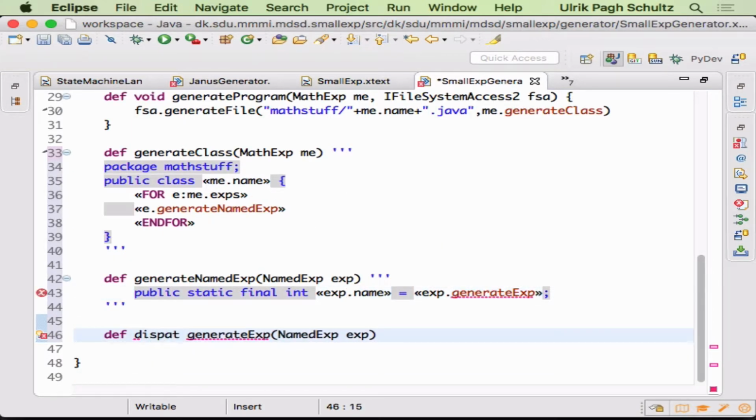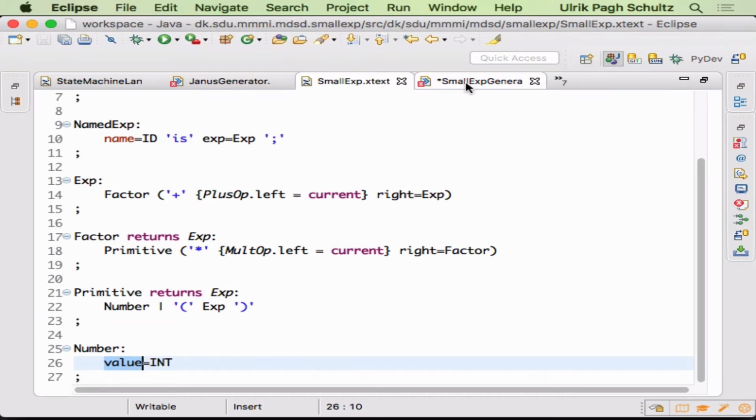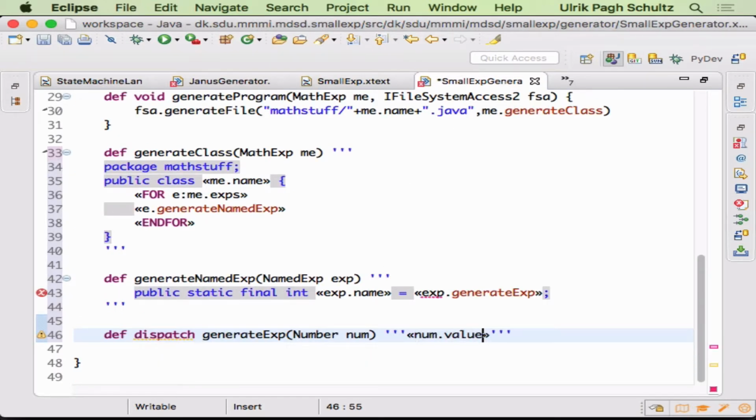So I'm going to do this as a dispatcher. How does it suggest a named exp? So let's make this a dispatch. If it's a number, num, like this, and the number has a value. So to generate code for number,